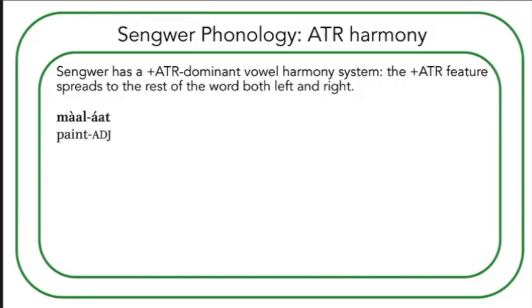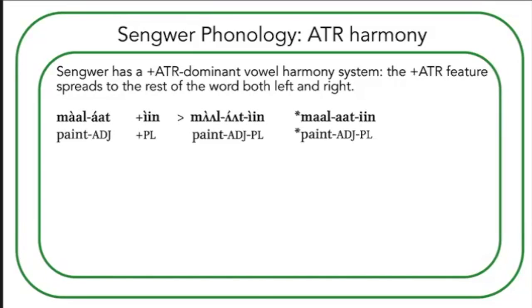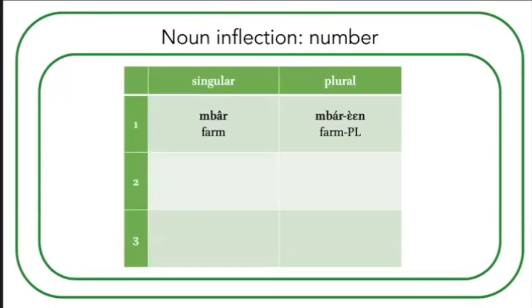So for example, we have the word for painted, ma'alat. If you add a plural suffix, which is specified for plus ATR, the entire word becomes plus ATR. Ma'alatin. And it is ungrammatical to not do this. It's not optional. In terms of morphology,